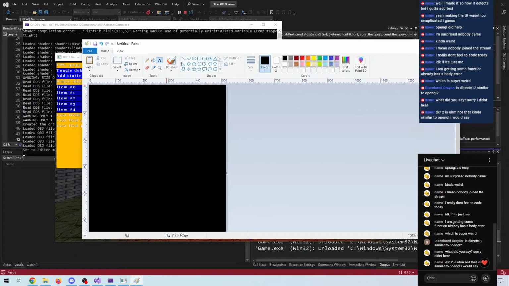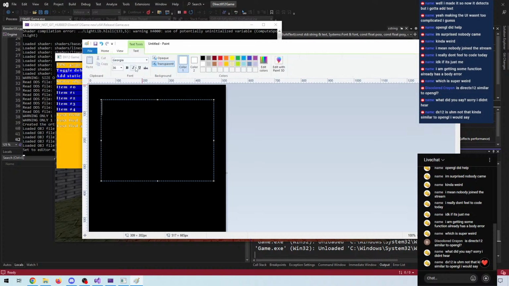So if we do the Georgia font here, test text, compared to our text, this is way closer. If we do it bold, item number 0. Yeah, it seems like there's a bit too much spacing going on